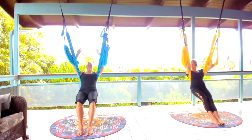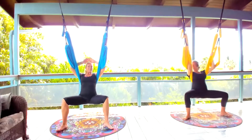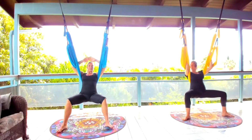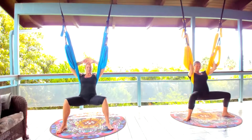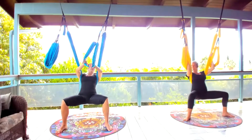We're over here in Hawaii at the Healing Sanctuary on Maui, outside practicing in this gorgeous weather, but the wind just started picking up. So yeah, I could just get the leg loops out of the way by putting them on my arms. So from our sumo squat, we're going to go ahead and grab the right leg loop with both